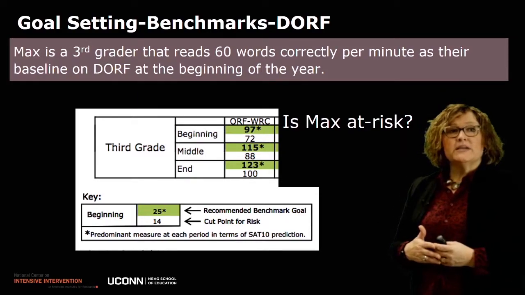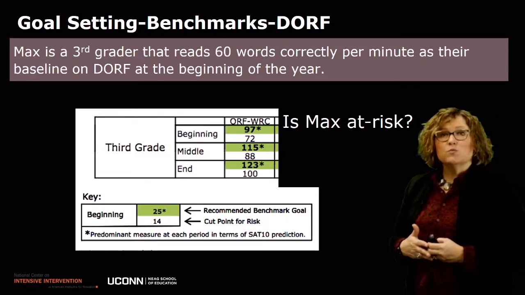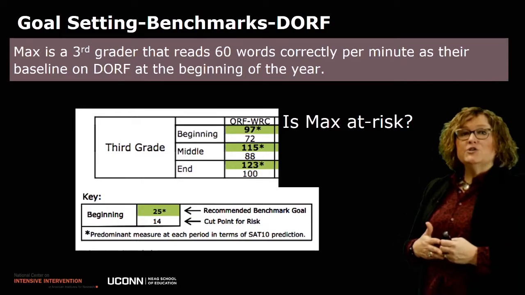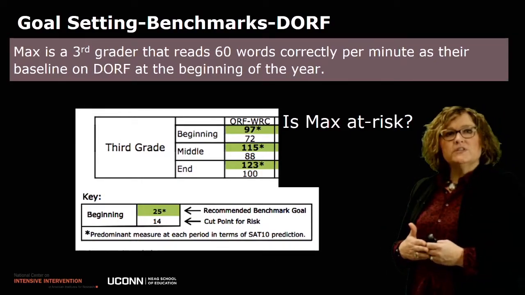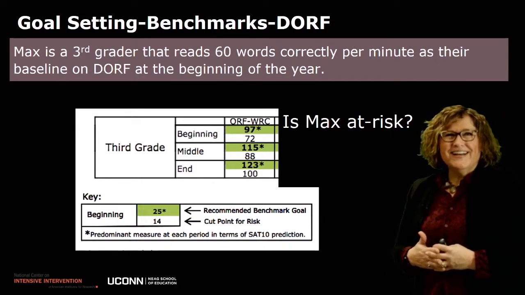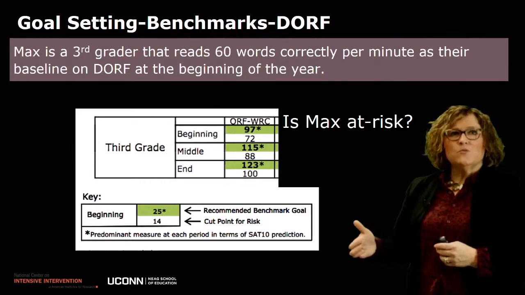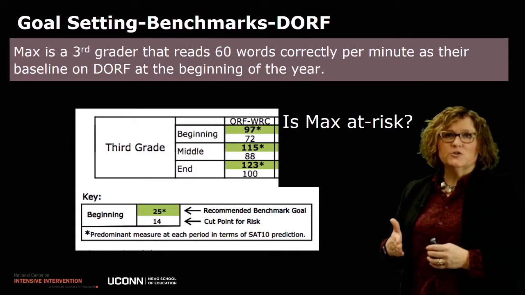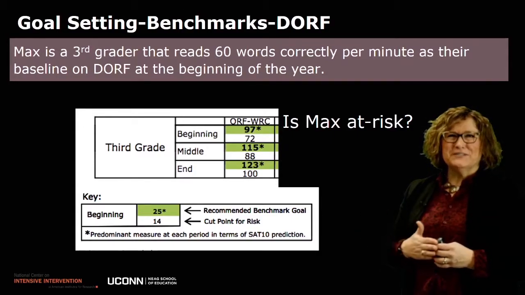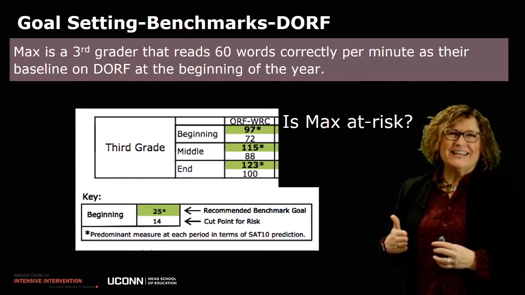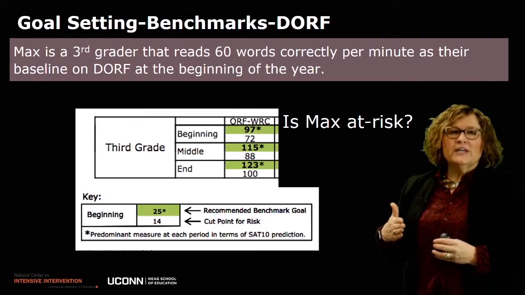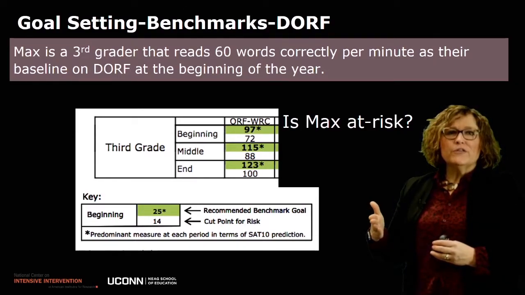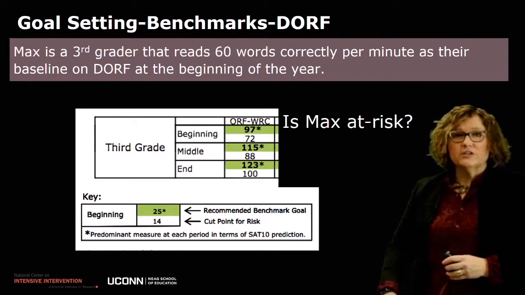So let's see some examples of how this would work with some students. So first, here's an example. This is Max. He's a 3rd grader. Currently, he reads 60 words at baseline on the DIBELS Oral Reading Fluency. That's DORF, DIBELS Oral Reading Fluency. When we look at where typical 3rd graders usually perform